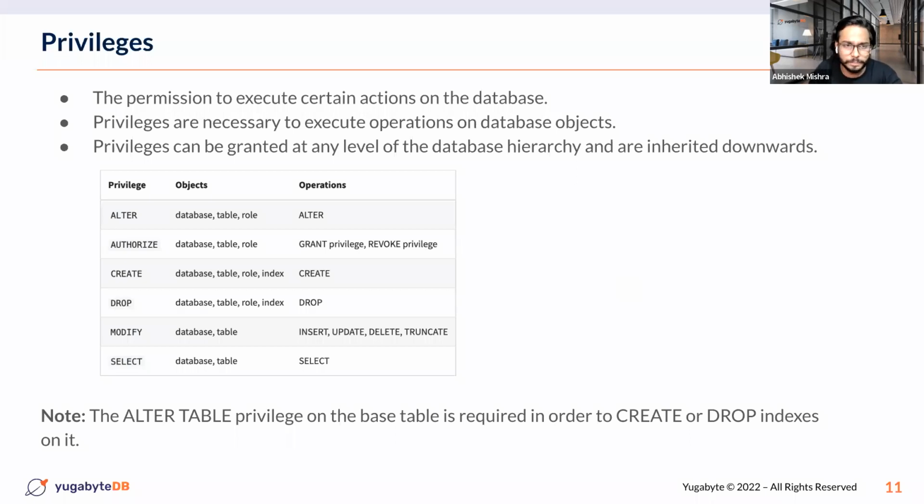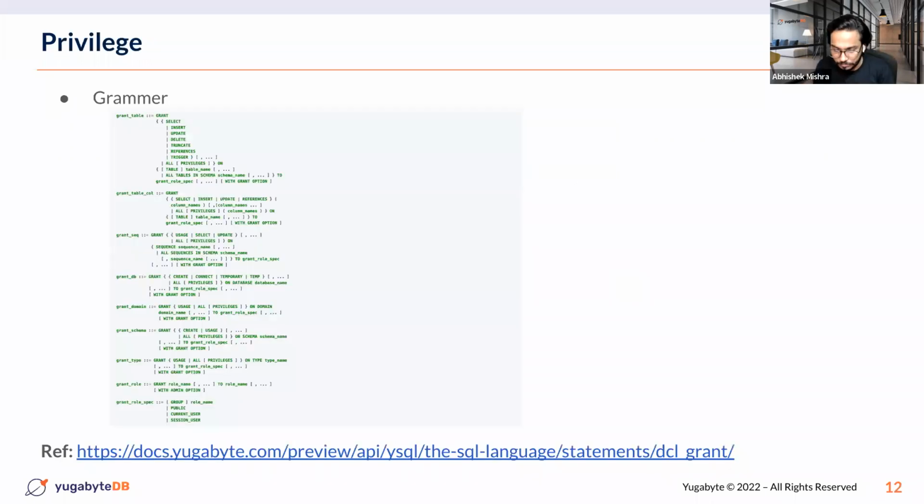So let's go into the privilege section. Okay, so this is again a very common synopsis which is supported by Postgres as well. You can go to our documentation and look through what kind of privileges, and the label wise, are defined in YugabyteDB. This is a grammar part of it, but if you want to understand graphically as well, we have really good documentation where we have created the diagrams